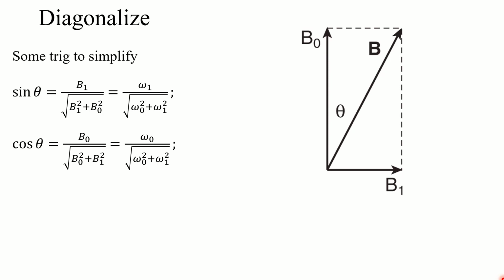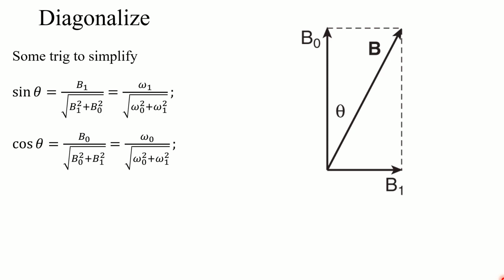If we just look at those triangles, we can see that sine theta is opposite over hypotenuse, the opposite having a magnitude of B1, the hypotenuse being the square root of B1 squared plus B0 squared. Likewise, cosine would be the same thing, but adjacent over hypotenuse. So we have these two identities, and since the angular frequencies we've been writing these field strengths as are just linearly proportional to that, we can actually make the substitution, and all of the e over mass of the electron